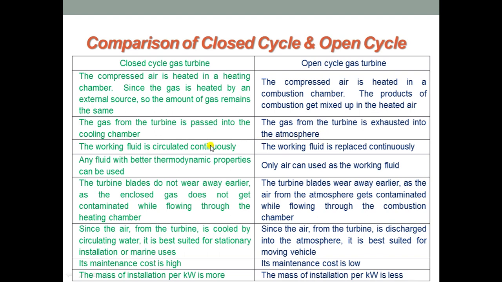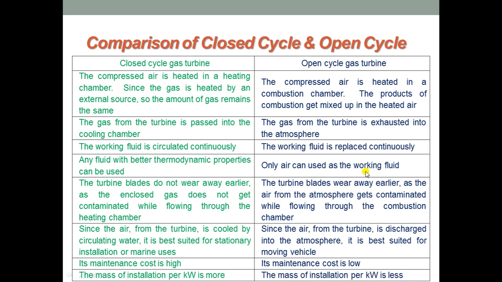The working fluid is continuously circulated in every cycle of operation. Here the fresh working fluid enters in every cycle, that is, the working fluid is replaced continuously. Any fluid with better thermodynamic properties can be used for closed cycle gas turbine. Only air can be used as working fluid in open cycle gas turbine, as every time fresh working fluid is